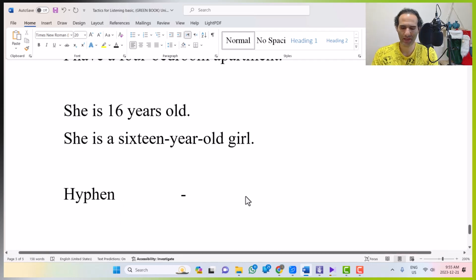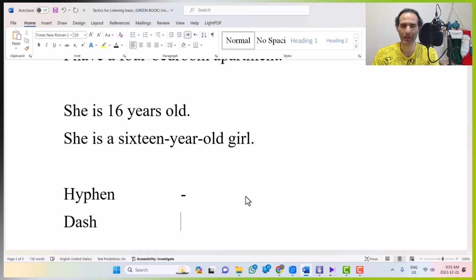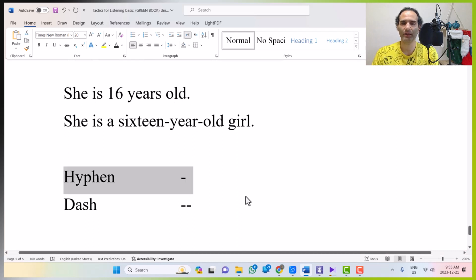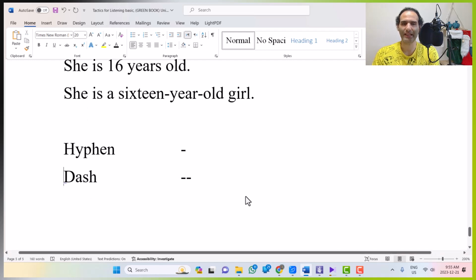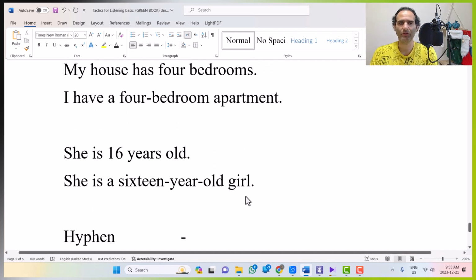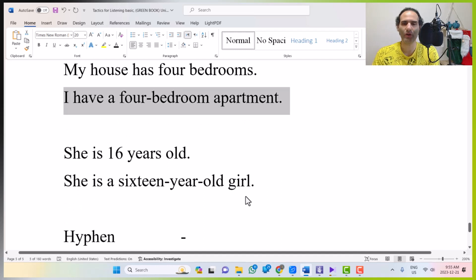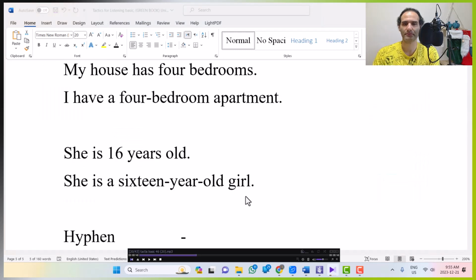If it is 2 times bigger than that, we call it a dash. It should be 2 times that of a hyphen. Okay? So you got it? A hyphen comes to link the words together, but a dash comes to separate the words. I will have one video on communicate what you mean, advanced grammar on this one, but it's not now. For the time being, please know I have a 4-bedroom apartment. Okay? In a good neighborhood.